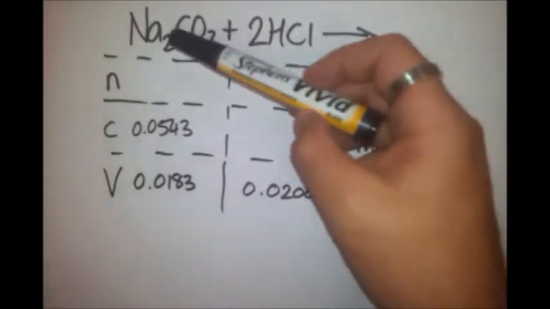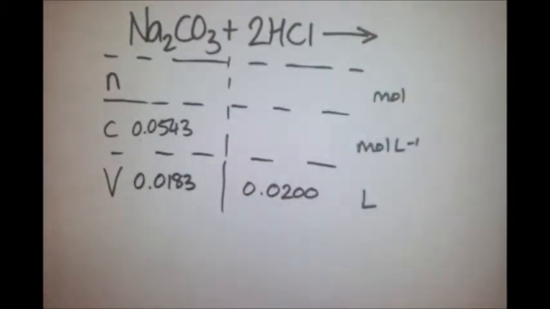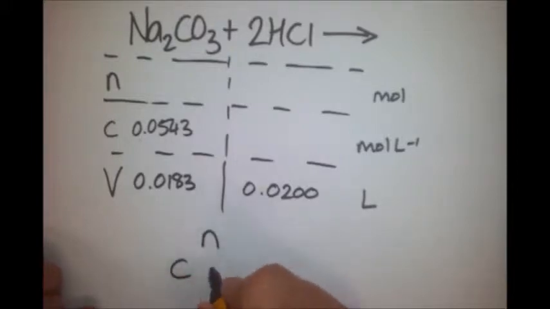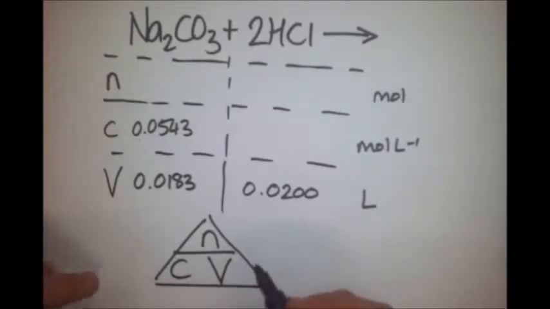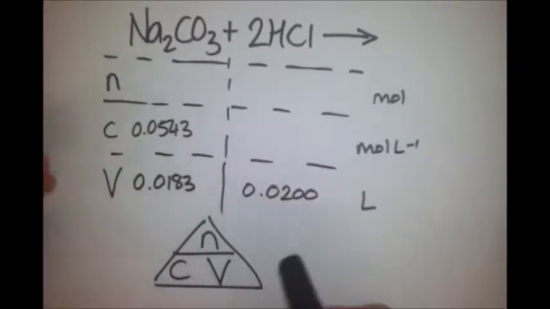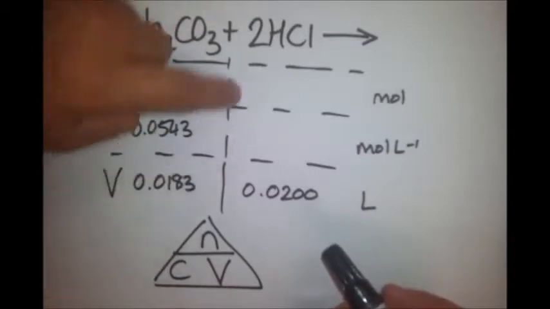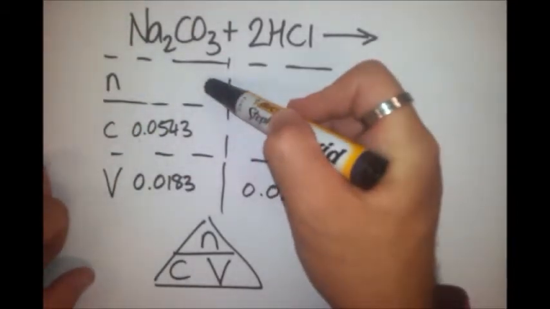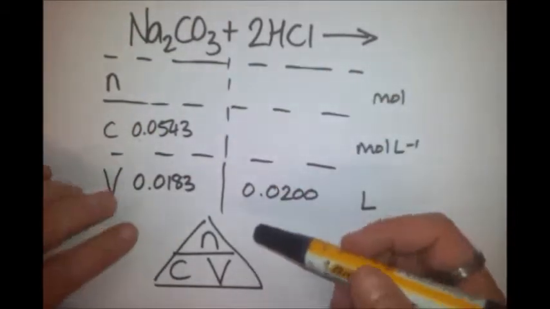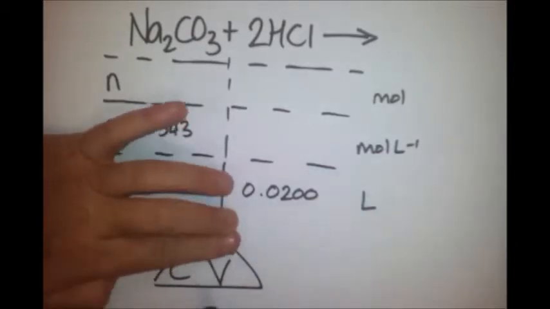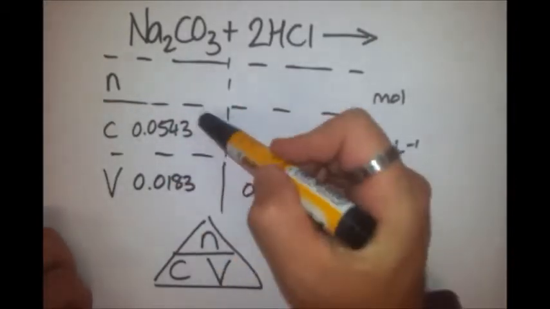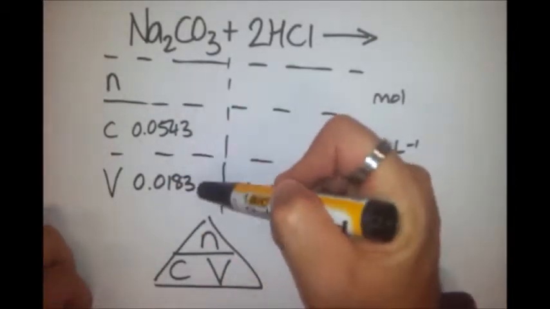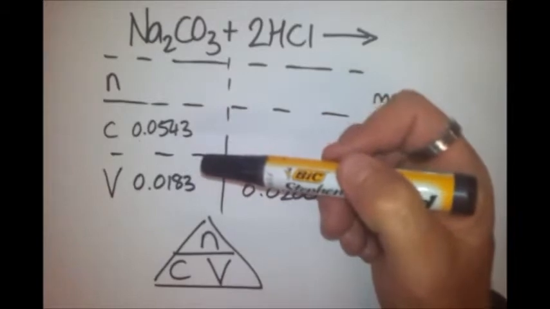Right, so the reason that I put these into columns is that using the relationship of concentration equals amount over volume, so this triangle here, I can actually see which one I'm missing and work out my calculations. So I can see in this first column I'm only missing one thing, my amount. So I'm going to cover N in my triangle and see that it's going to be concentration times volume. So I do have those two things, concentration and volume. So if I multiply those two together,